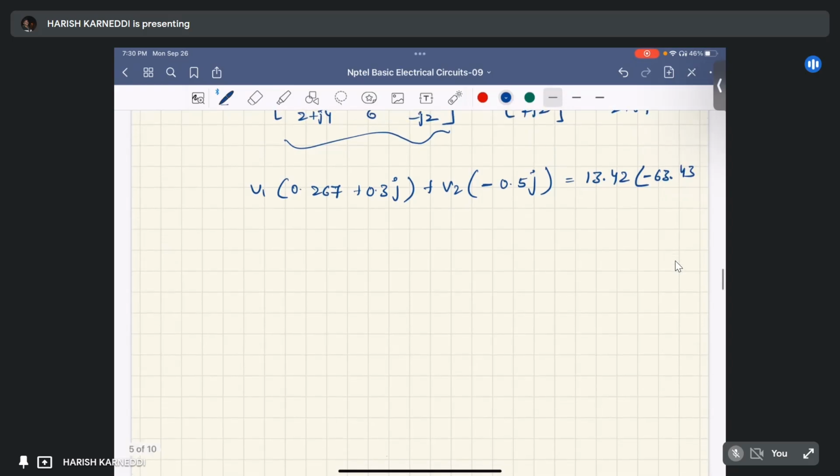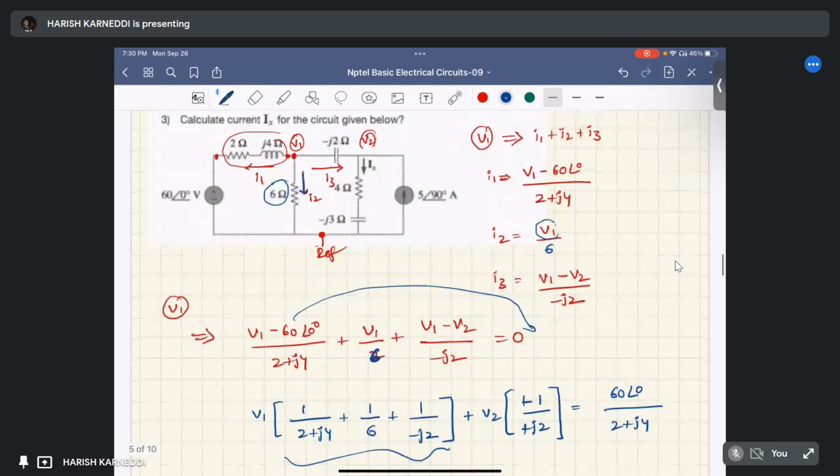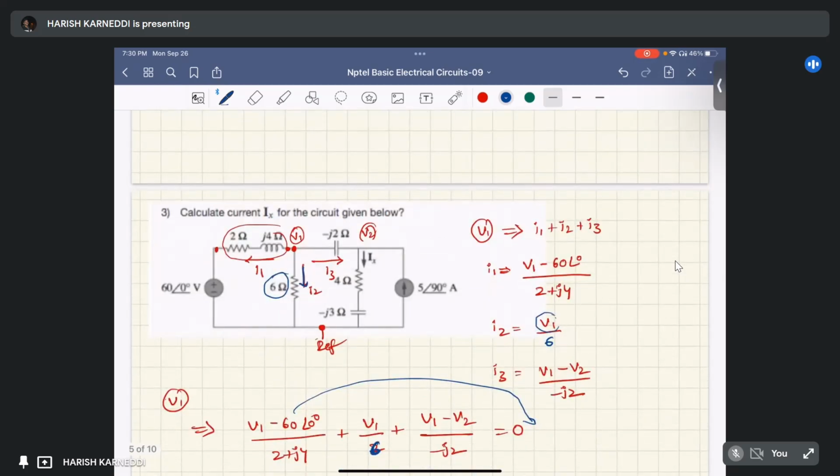This is the equation at node 1. We will consider this as equation 1. Similarly, the KCL equation at this node 2, that is the KCL equation at V2, we can consider